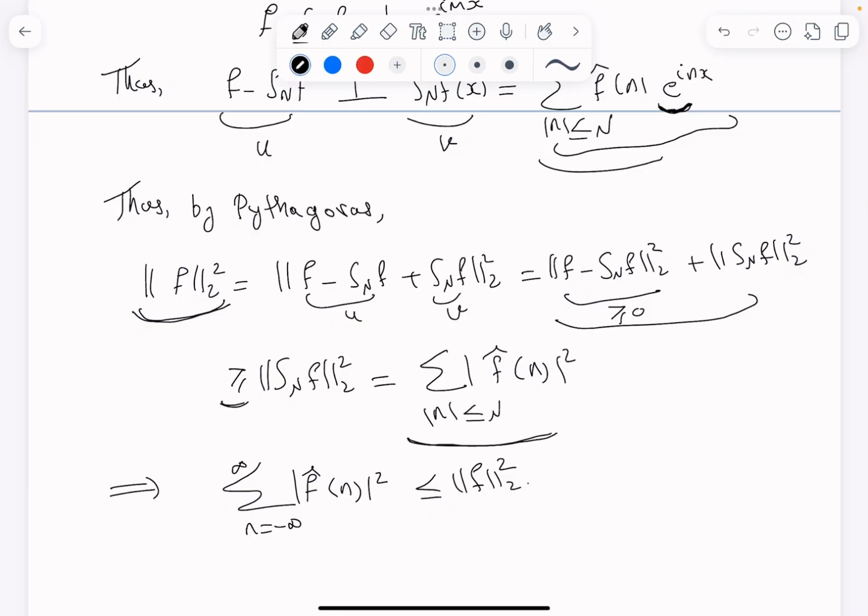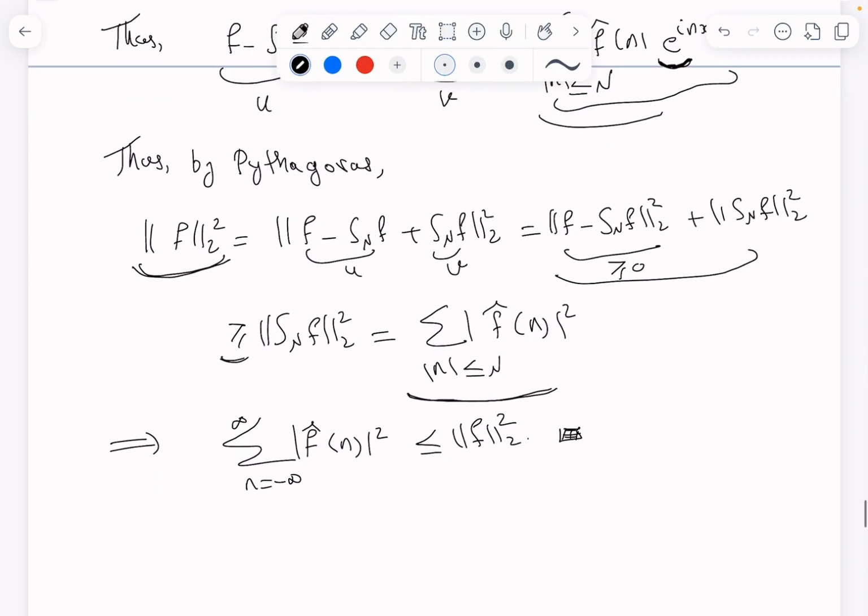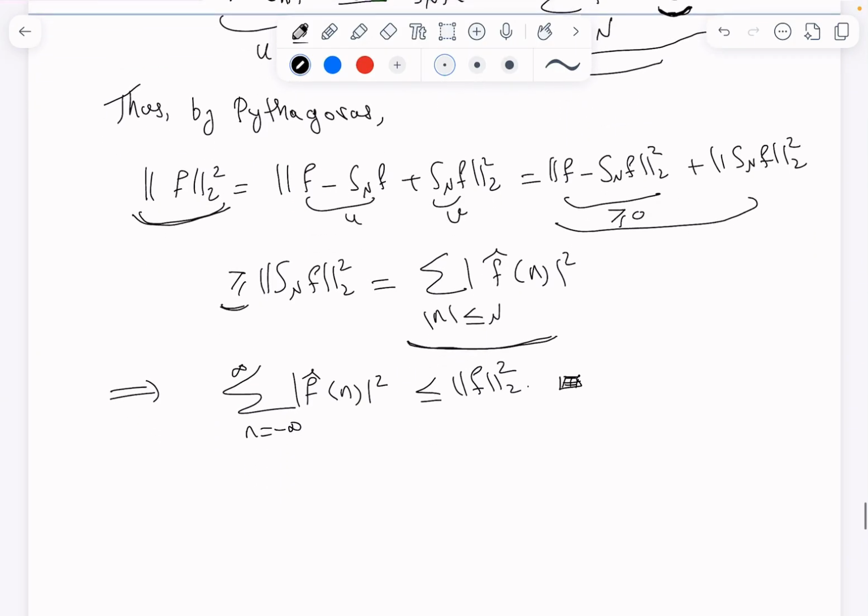Okay, so this finishes the proof of Bessel's inequality, and we are now ready to give a very short proof of the Riemann Lebesgue lemma. So let's go ahead and state and prove that. So the Riemann Lebesgue lemma says